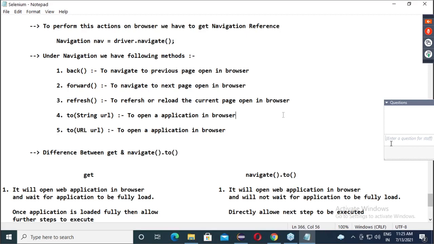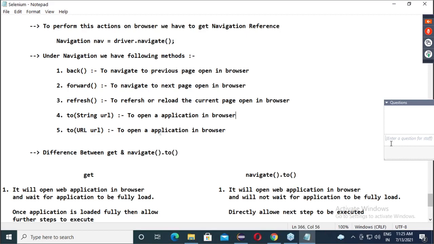So, I hope you people can sense method overloading. Okay. So, both the methods have same task. Initially, when they released the first version of WebDriver, at that time they released the 5th method to open the application. Okay.